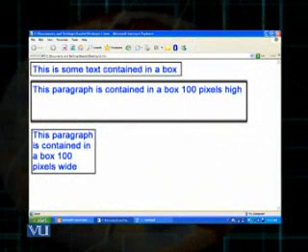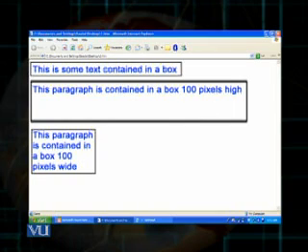Let's see with the help of an example what are the different dimension styles that we can introduce using this concept. In the slide, you can see that there are three boxes. In the first box, there is a sentence written: this is some text contained in a box. And you can see that this sentence is surrounded by a boundary all around it. That is because I have used the border property and have made the border viewable.